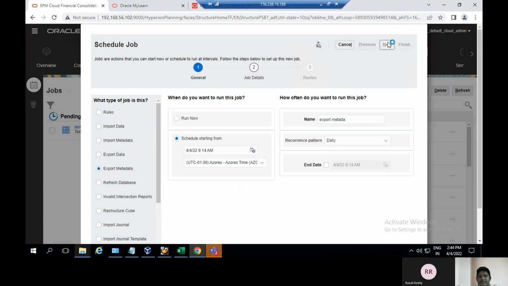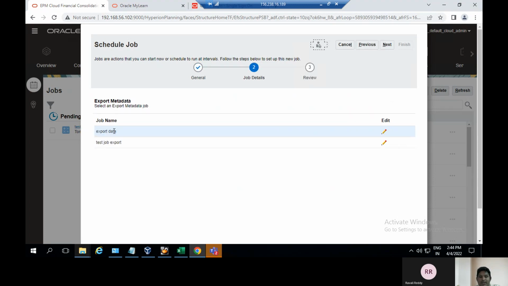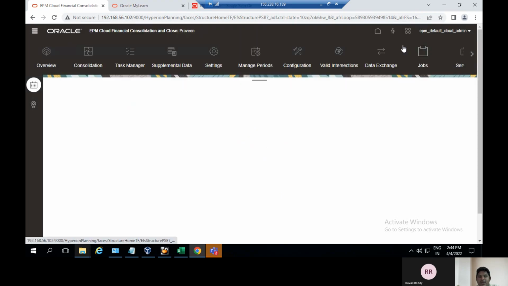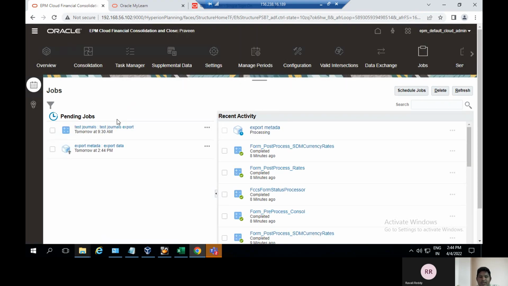metadata, and click on next. Here the export data test job appears; click on export data and click on next. Here the job type is export metadata, the job name is export data, and repeats occurs on here, and then finish it. You have to schedule the job; here the job is scheduled for tomorrow at 2:41 to export. You have to run the export metadata, and then